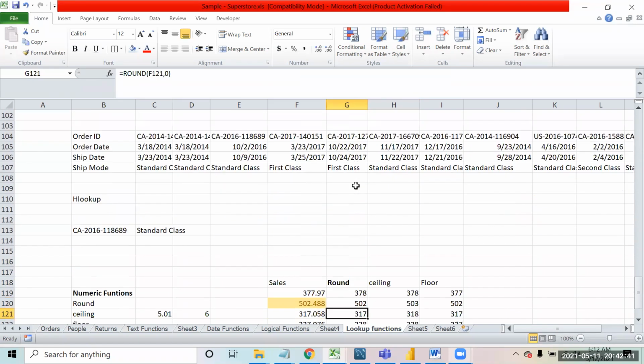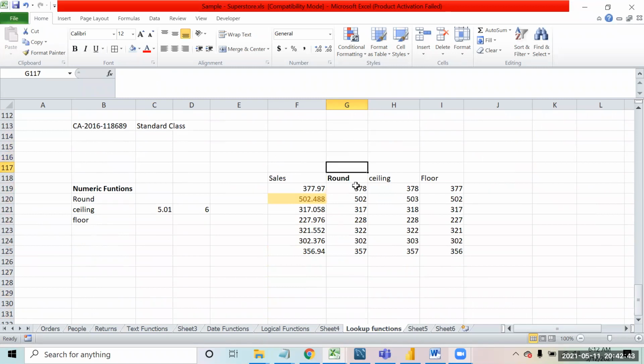So we were talking about the round and floor functions here. This significance that we use is something that we use as in rounding down, up to what point you want to round that number off. Let's take an example.